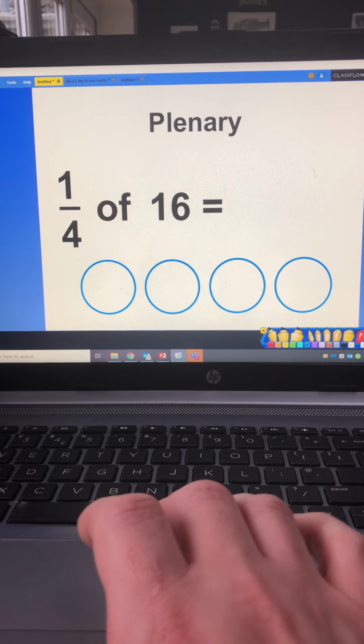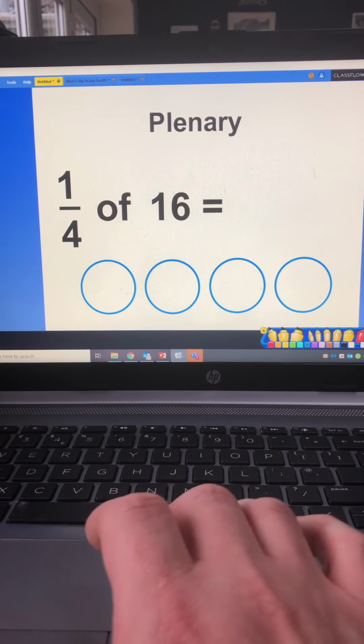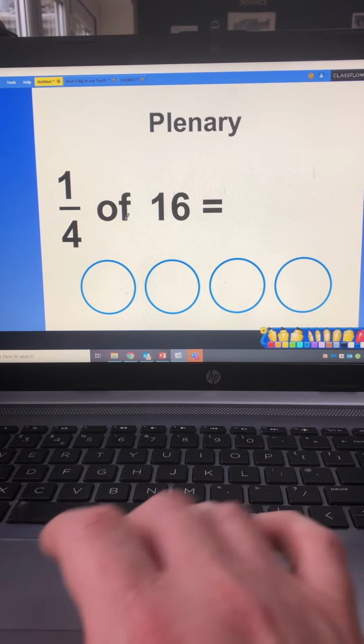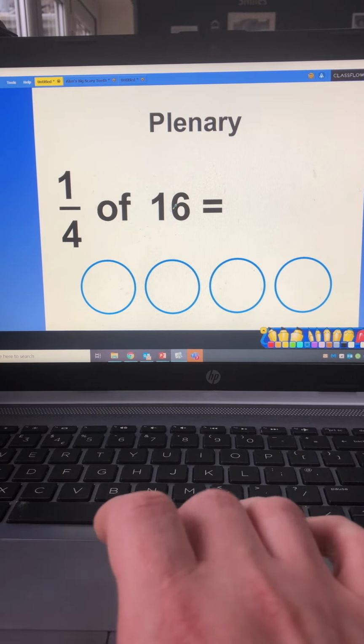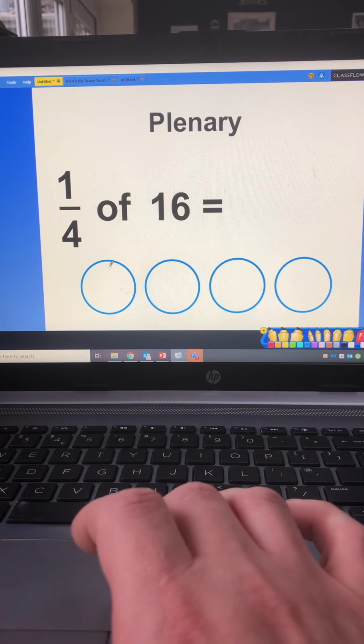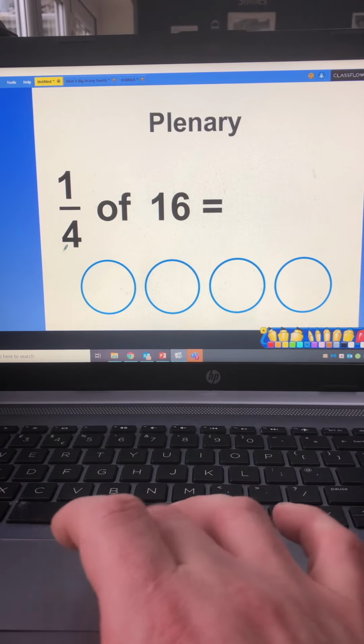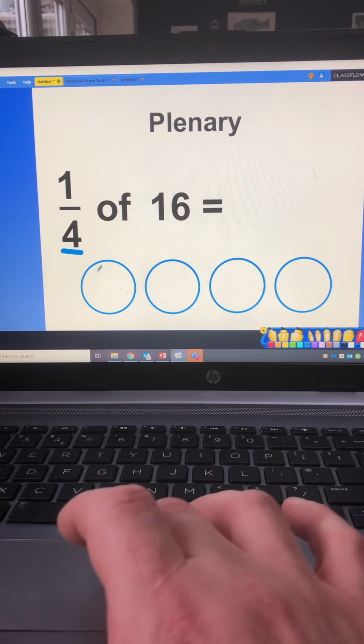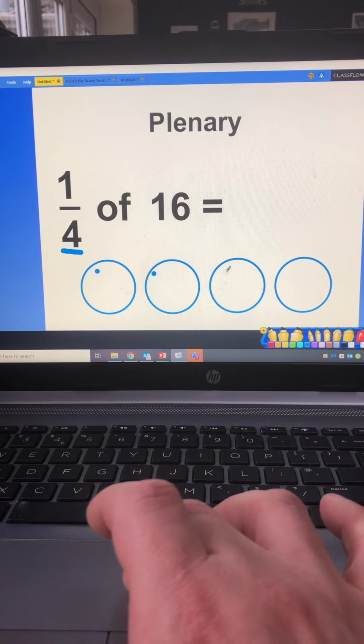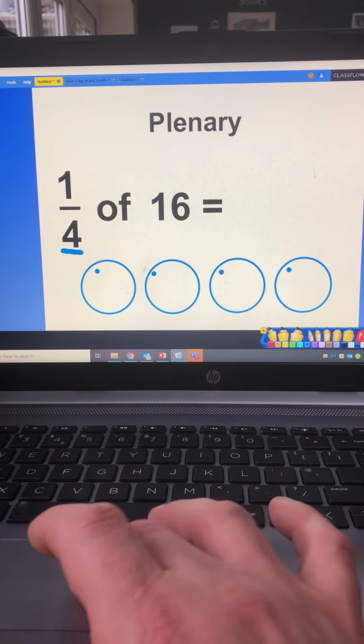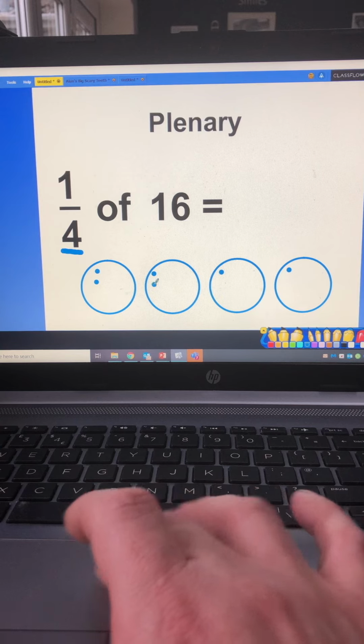Okay, welcome back. In this plenary section, we're again going to look at how we would share out a quarter of an amount. In this case, 1/4 of 16. We can see that we need our 4 circles because our denominator is 4 and we are sharing out the value of our amount, 16, into those circles equally